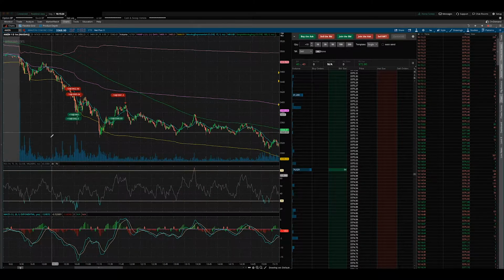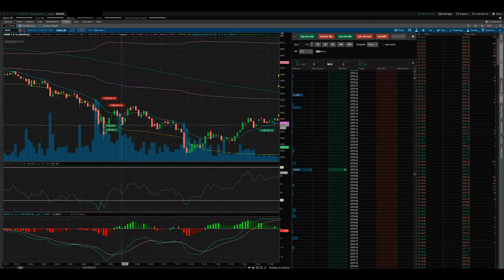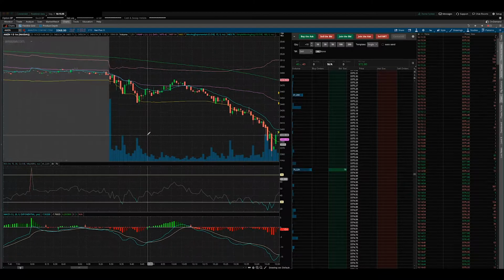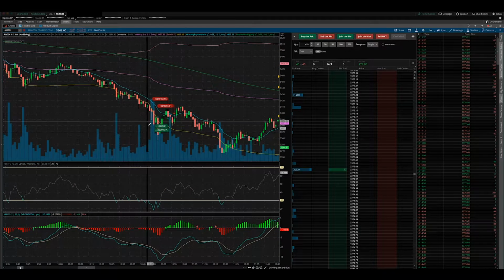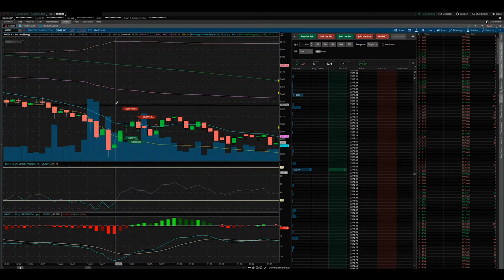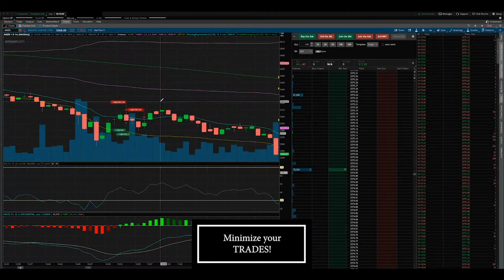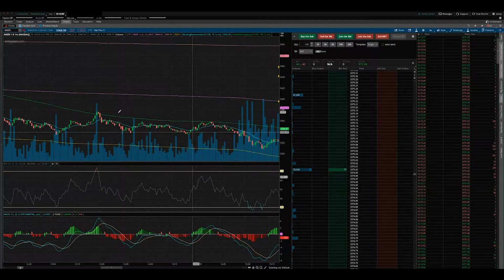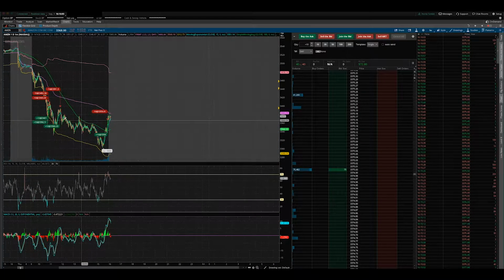You can see here that I took my first trade around 10:50, so even closer. You can see where the volume actually started picking up in the sell-off and all that. You see the volume bars right here, and then it started to pick up going over the EMA, and that's when I actually take my first trade. And I just want to point out, usually I trade with 20 shares. Today I traded with 10 shares, as you can see here, making a total of 4 trades on the day, giving me $72. Actually, the last bit of the day, which is at the end, that's where I made most of my money. But in the beginning, right here,